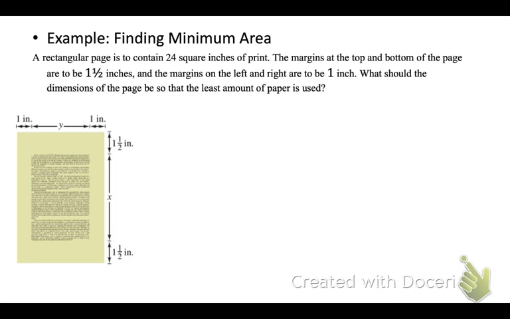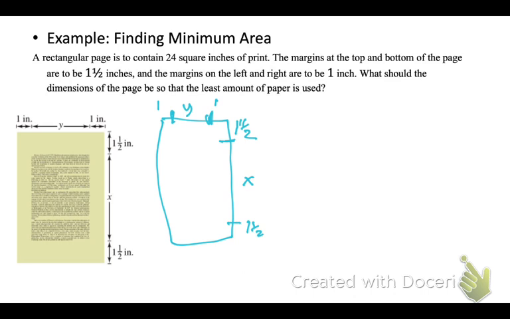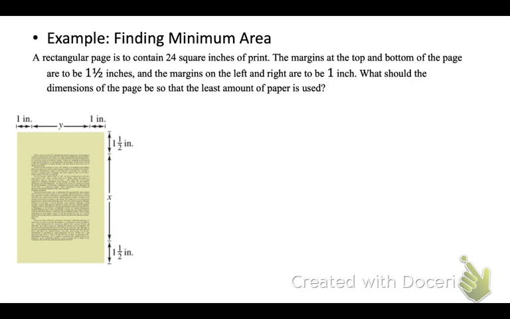So if I were drawing this picture, my picture would look like this. And I'd have 1, 1, 1.5, 1.5. And they used X and Y, but I would assign some variable. Okay? Basic picture. And that is completely sloppy with this stupid pencil. So,